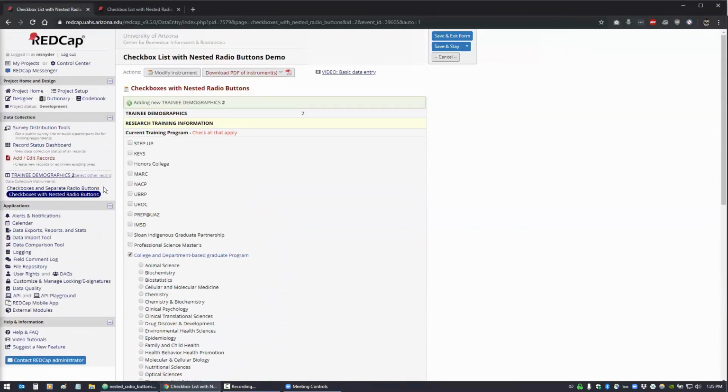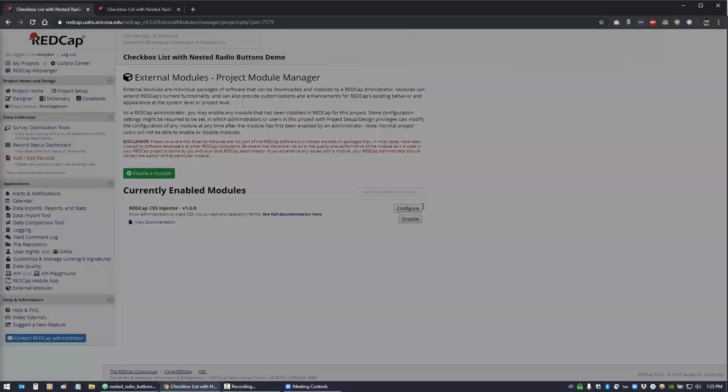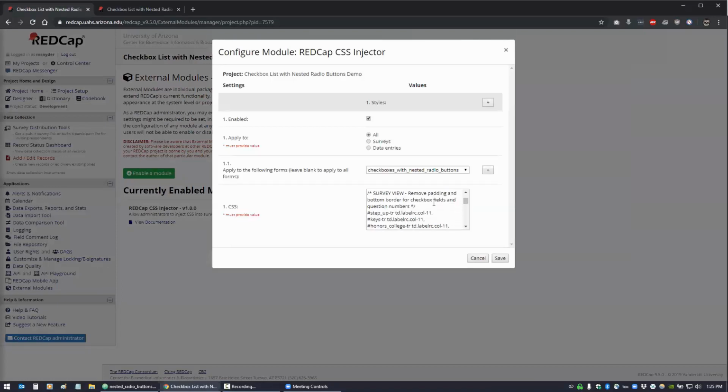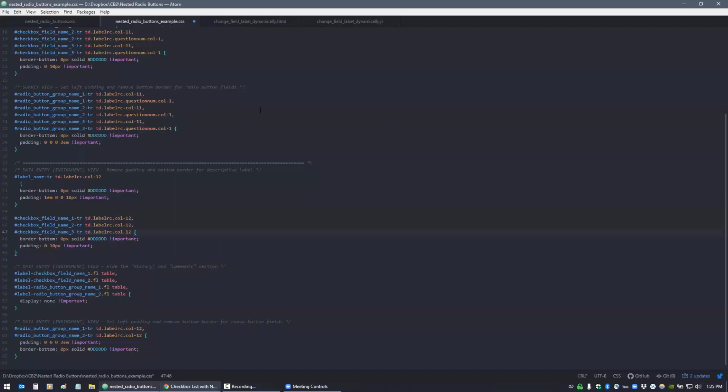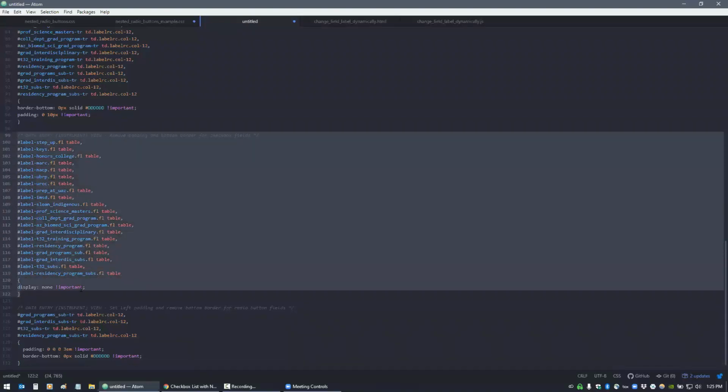in the instrument view, you get the history button and the comments button. So let me go in and edit the CSS and show you what happens when we don't take those out. And of course it's hard. I really wish it would let you make this window bigger. So let me just do it here. So if I take these out,